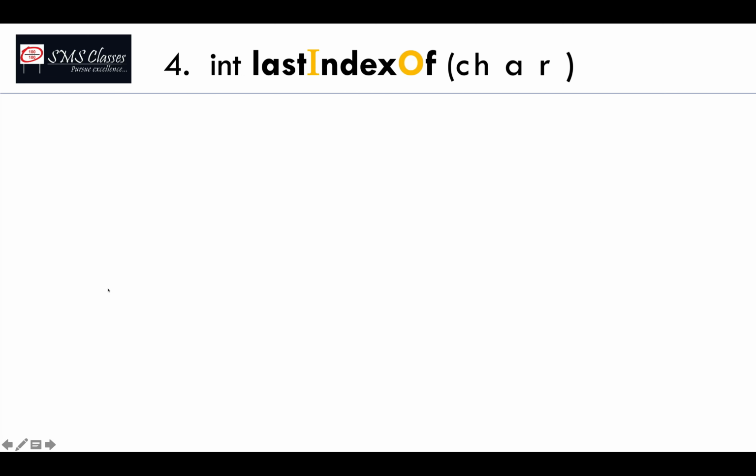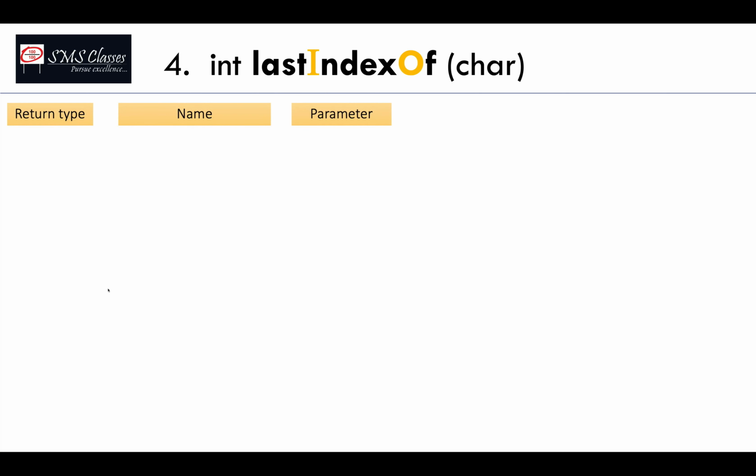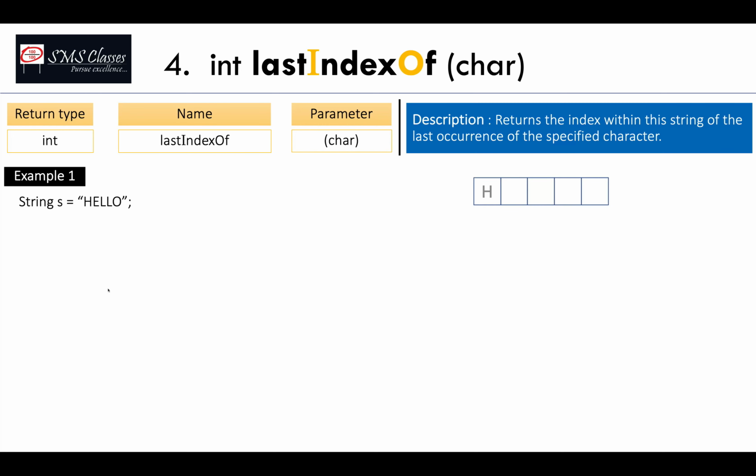Similar to indexOf, the string class has another method called lastIndexOf, the parameter is char and the return type is int. I take the same example hello, and this time s.lastIndexOf('l'). If you notice, it is searching from the end, finds the last l at 3, and returns the answer as 3.